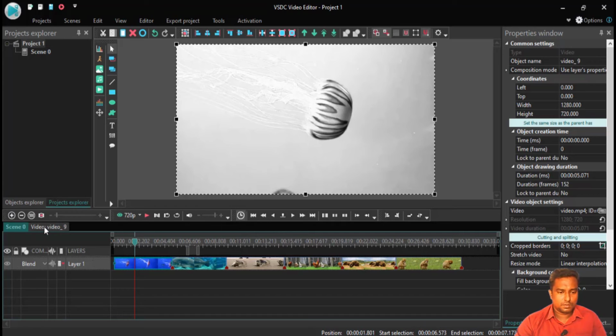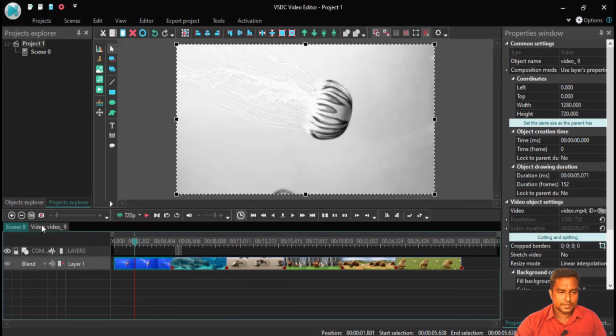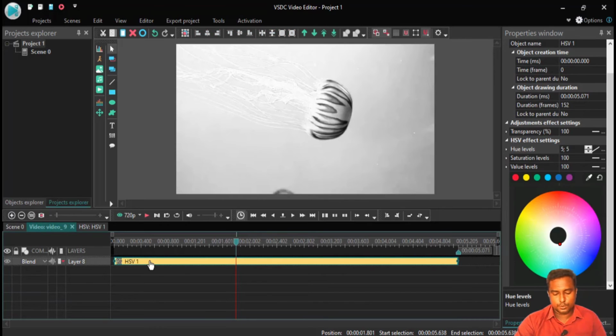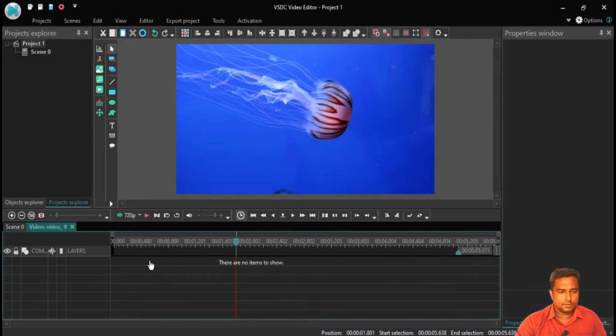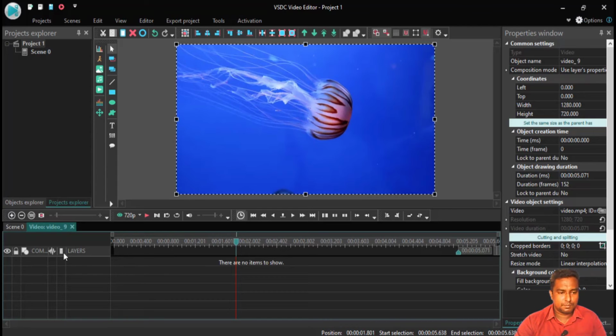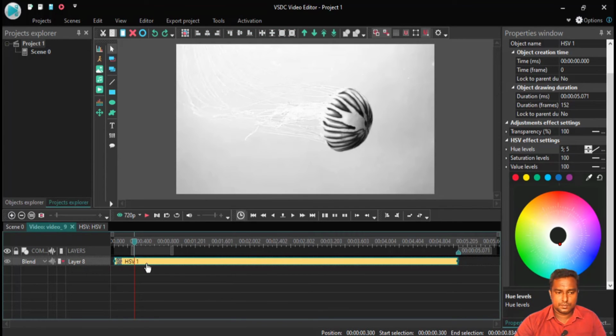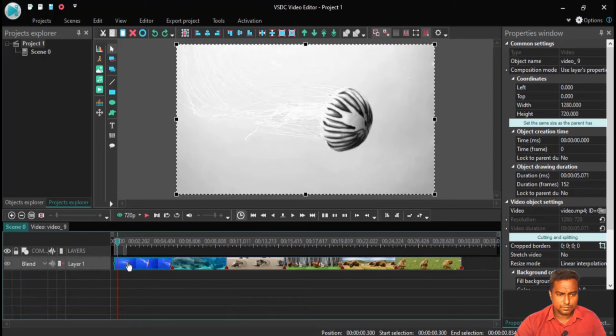If you don't want this video effect, just go to the video effects timeline, select that particular effect and delete it. If you want to add multiple video effects for the same video, you can, but that will be stored in the same timeline with different layers. So for example, I just press Ctrl Z for undo. So we have added HSV, which is for the jellyfish layer, and